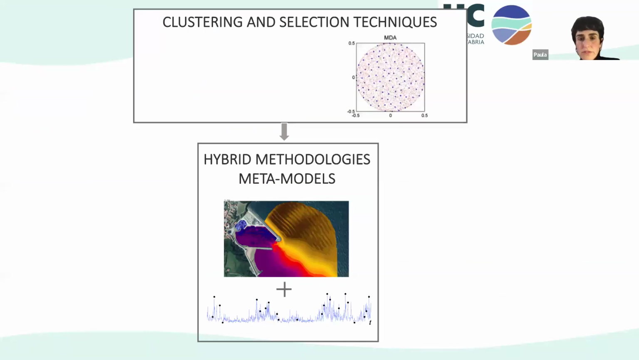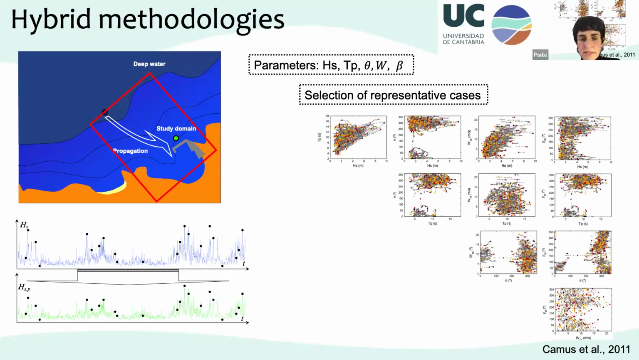The second application of these techniques is to develop hybrid methodologies or meta models. In this case, we only use the maximum dissimilarity algorithm due to its good characteristics for exploring extreme events. And again, we start with a very easy example. We have information of the wave condition at deep water, and we want to propagate this information to near the coast in order, for example, to have time series of the wave conditions to design a breakwater. So we need to propagate every